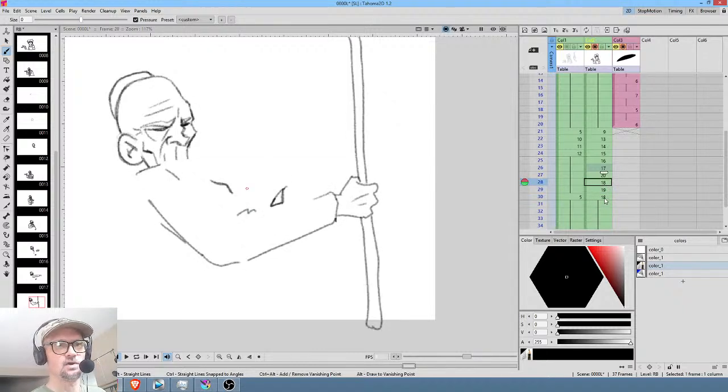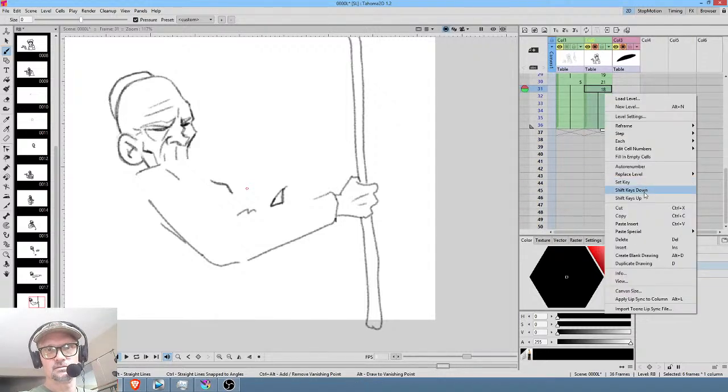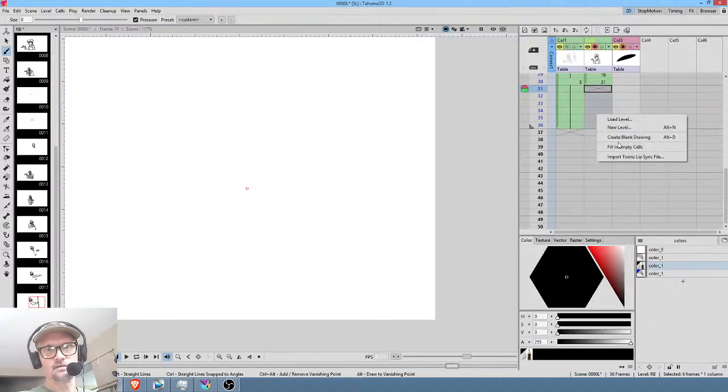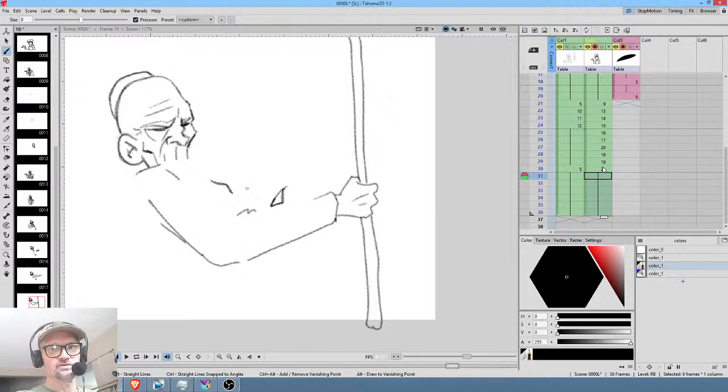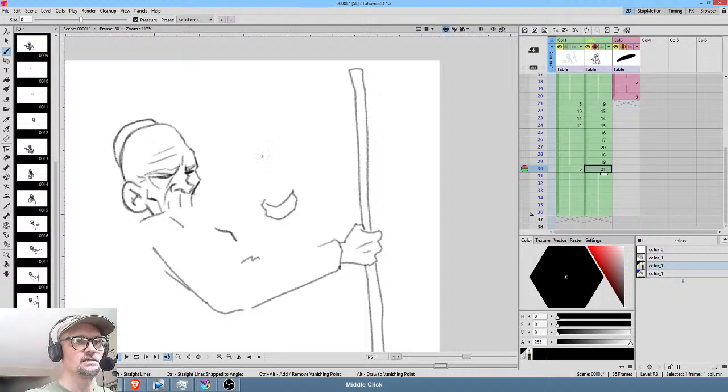Okay, and this doesn't quite work because I repeated this drawing, so this is bad. I've got to hit a duplicate here and then get rid of that and get rid of all of this. I think I can fill in empty cell. Oh wait, they're not empty, so obviously that won't work. Okay, so now I can take this back out, erase that, and let me double check the previous. Okay, so this is going to be here, and the idea is that his hand is going to,